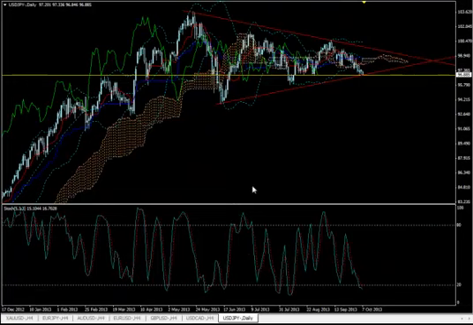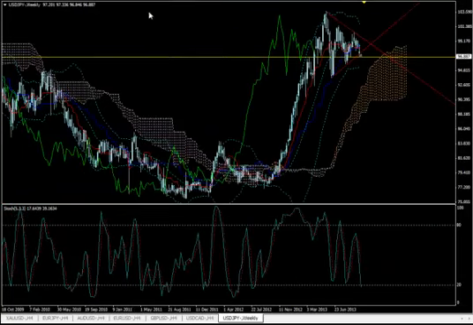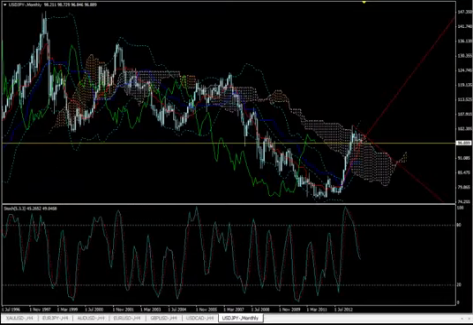Let's go back to the daily time frame. So we saw the weekly time frame. Let's see how things look on the monthly. And on the monthly time frame, we see that everything looks bullish, except that stochastics are just going to turn